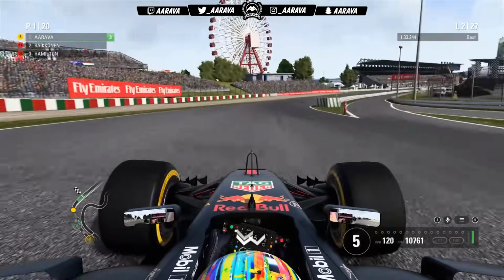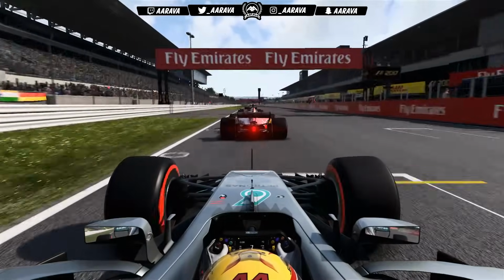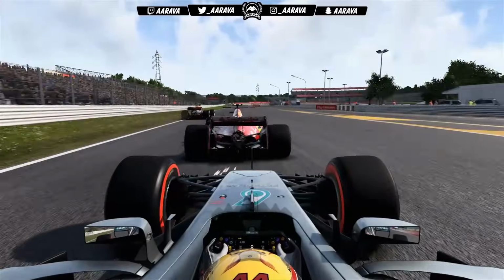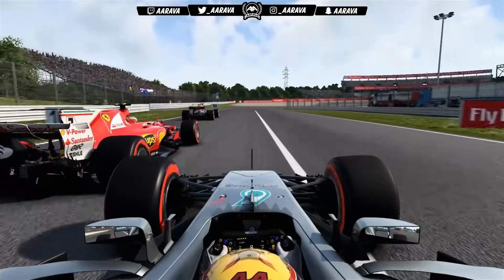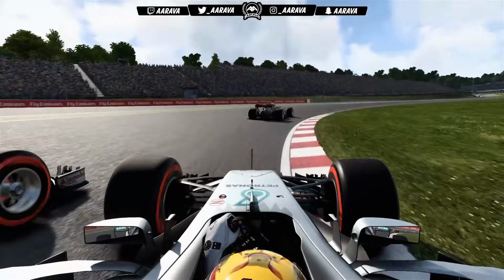And now we have a tank slapper on the exit of the chicane, so that slows us down somewhat. You can see it's going to be Hamilton that closes up on Räikkönen rather than Räikkönen on me, and Hamilton may fancy himself as Räikkönen pulls out to maybe make a little lunge to the inside of myself, but it's going to be Hamilton who actually goes for it down the inside of Räikkönen, actually forces him